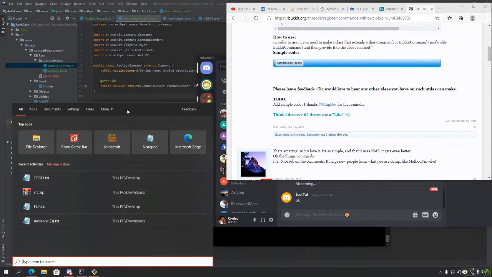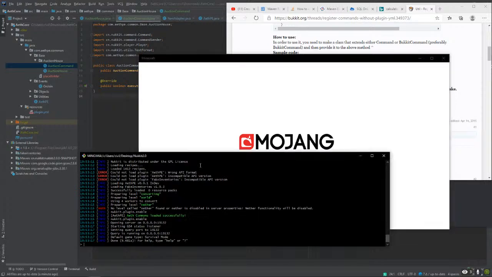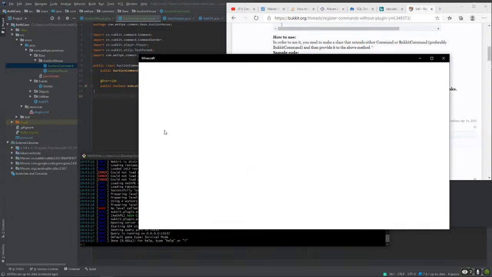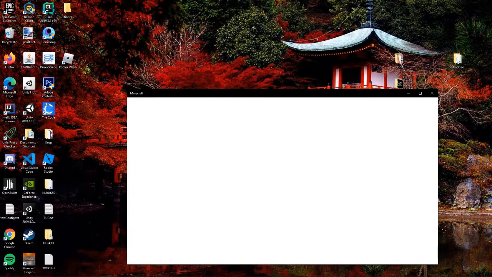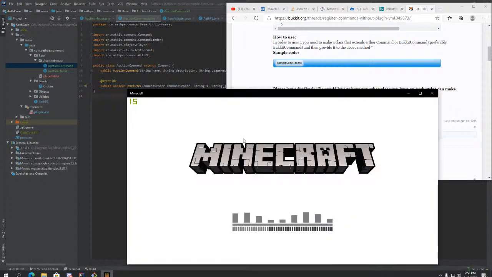And then let's open up Minecraft. Oh, might be an actual problem though, because I'm not quite sure if Nukkit 2.0 updated to the new master branch, or to the new 1.14.6 version. And if they didn't, then this might be an issue for me.